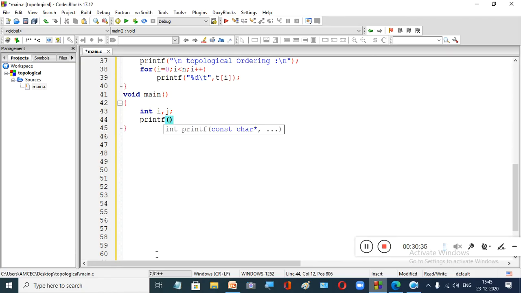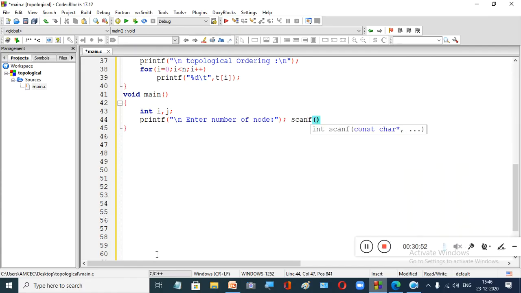So we will say printf, \n, enter the number of nodes. How many nodes are there in your given graph? You accept that with scanf("%d", &n). So n is the total number of nodes in our given graph.